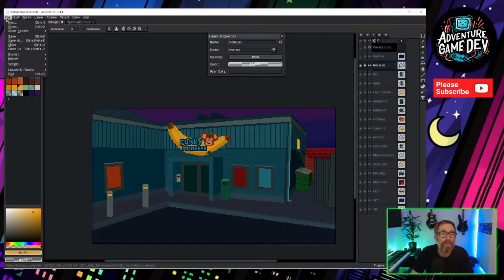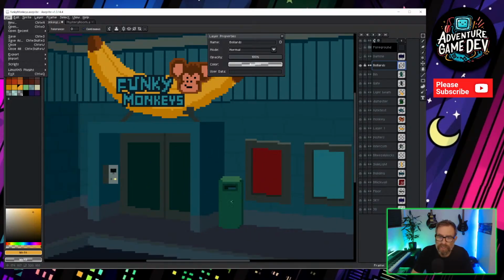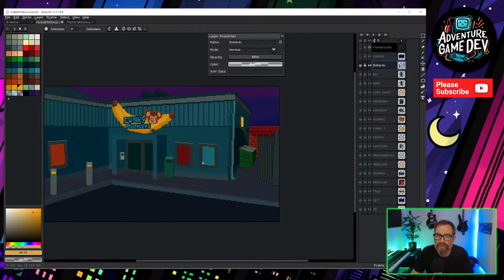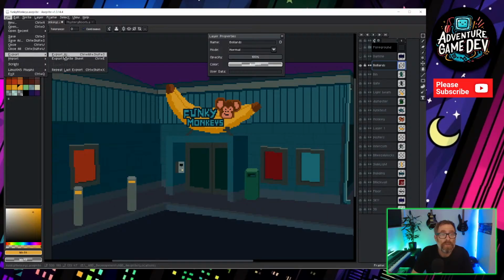So file. This is nowhere near finished. I've not put my shading on it. I've not put detail on things, highlights. I haven't done these posters, so it's not a piece of finished work, but everything's in roughly the right place, so I can block out hotspots and things like that. And then I can come back to this a night where I fancy doing a lot of detail. Which gives me some options.